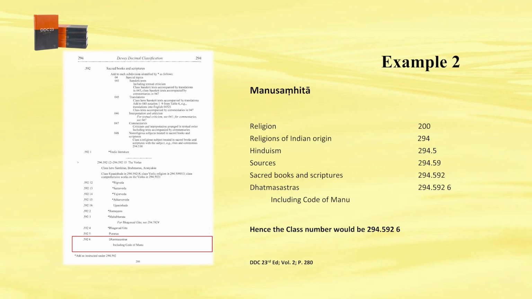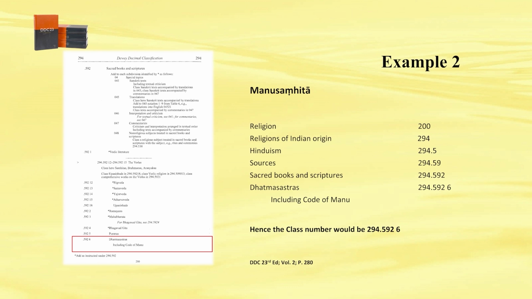Then 290, as we have mentioned that from 220 to 280 are dedicated to Christianity and its other divisions and sections. So for other religions, we have to go to 290, and under 290,